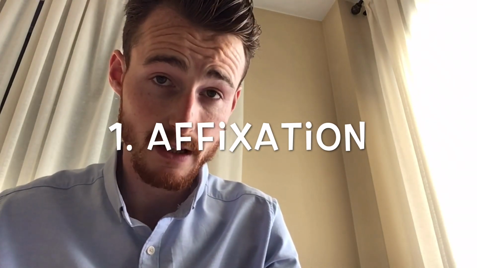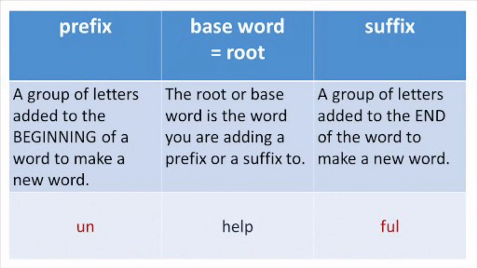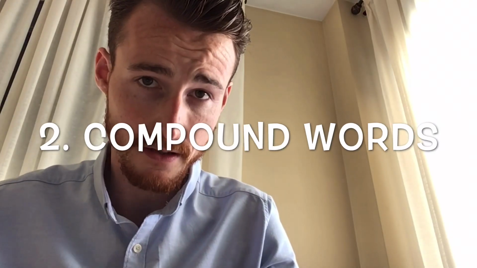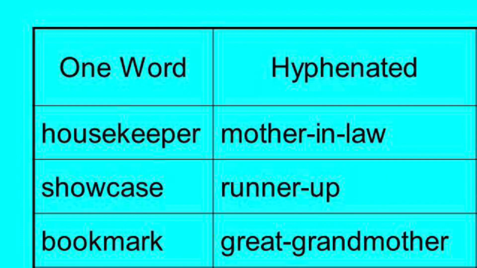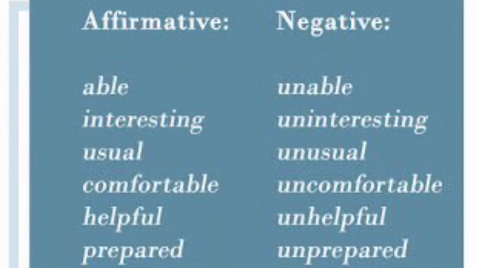Category number 1 is called affixation. So does the word that you need to change require a prefix or a suffix? Or both? The second category is compound words. So joining 2 words together to make one complete word. And then the third category or change you might have to make is a grammatical change. So, unlike lower level examinations, in proficiency there are no limits to the amount of changes that you might have to make to a word. So you may have to put a prefix and a suffix, and it may have to be in the negative